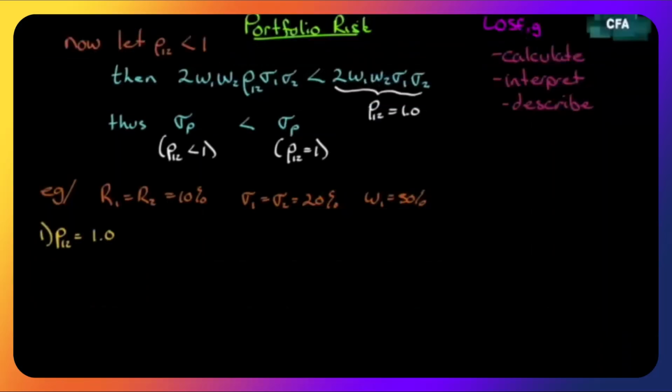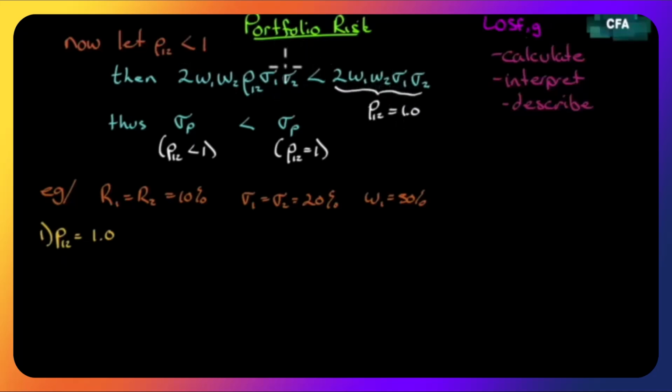That's it. So let's move on now and look at correlations that are less than 1. And we're primarily interested in just the third term in the portfolio variance formula that we had on the previous screen, just the third term, where we actually have the variable of correlation in the term. When it equals 1, notice that it drops out. When it's less than 1, it's in there. But what I think we can say quite clearly is that the third term, where a correlation is less than 1, will be smaller than the third term where the correlation equals 1.